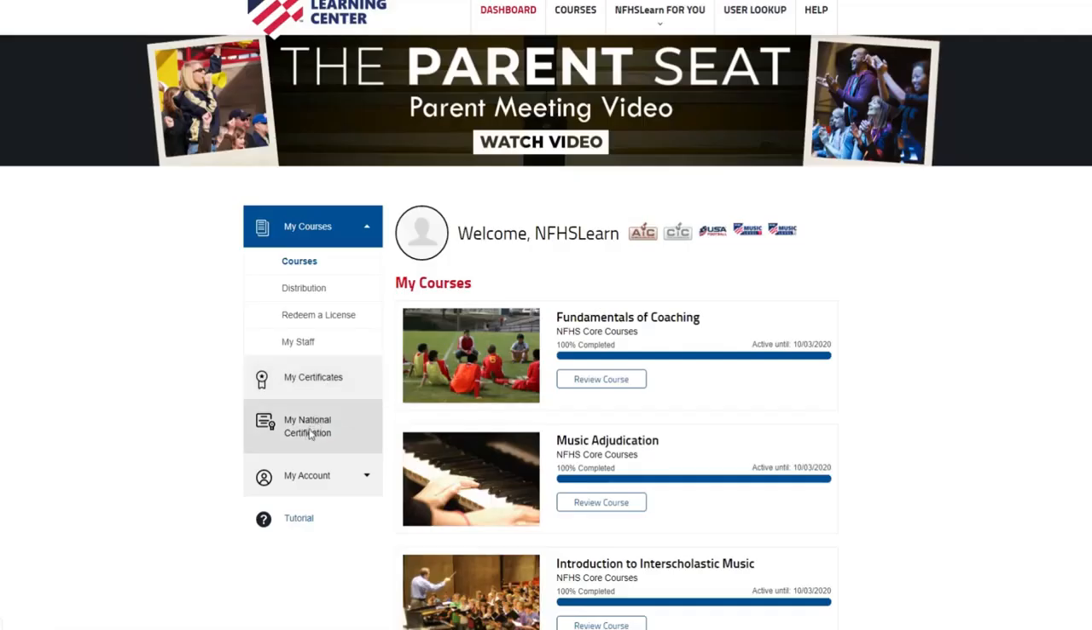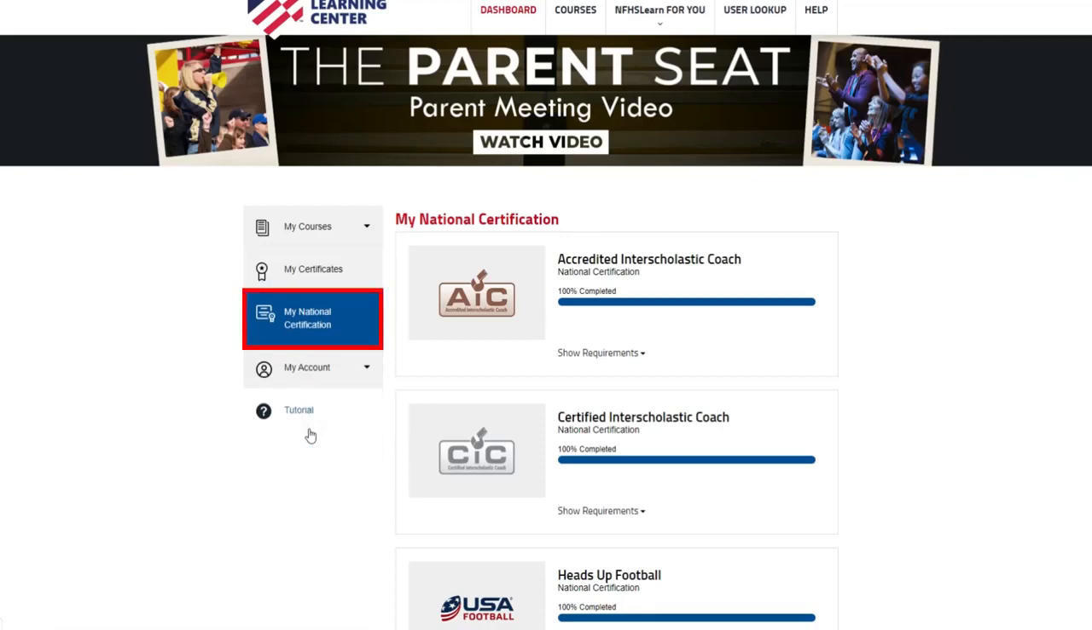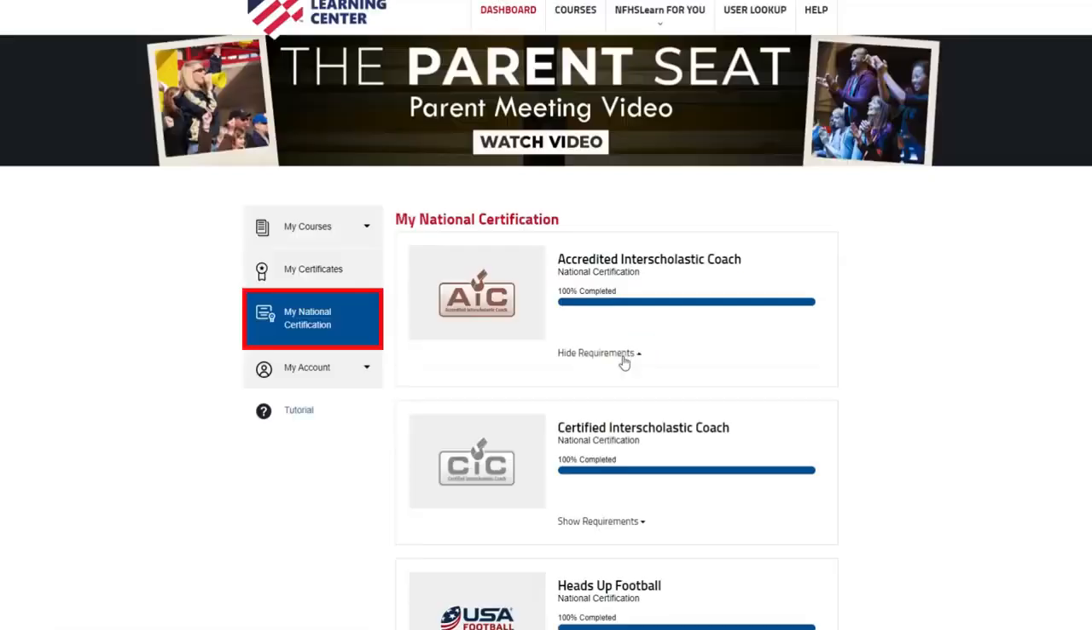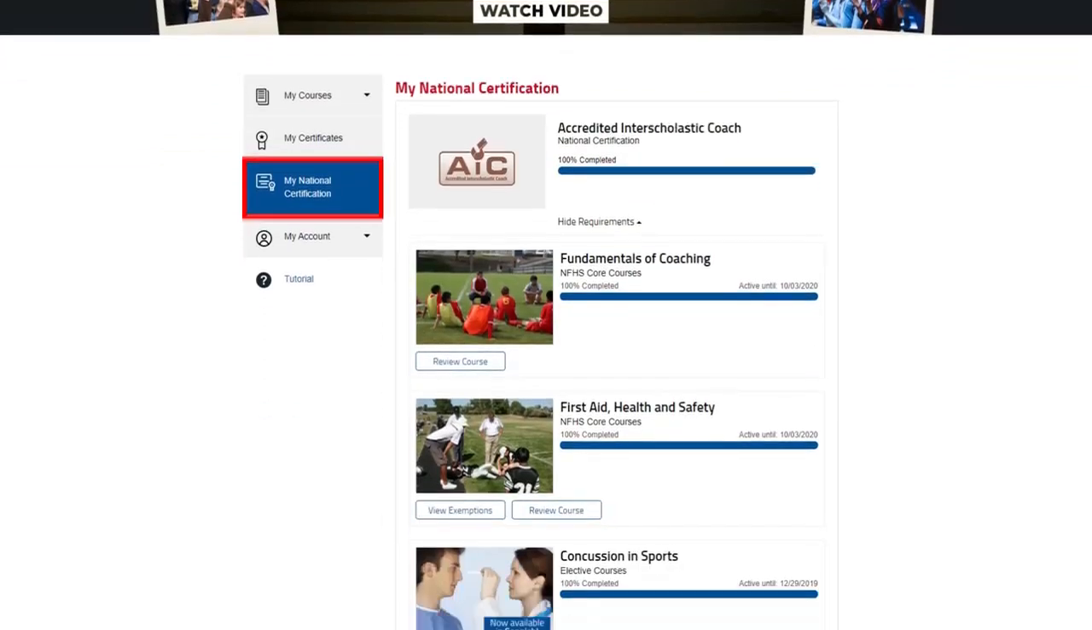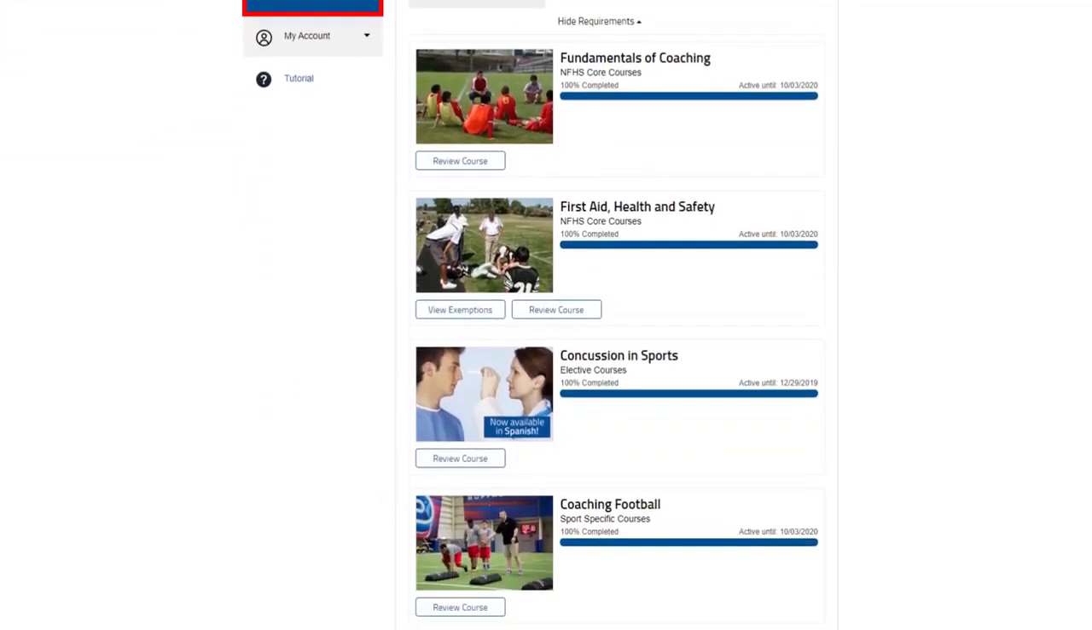The third tab on the dashboard menu is My National Certification. This is where you can follow your progress to being a nationally certified coach or performing arts professional. Clicking the Show Requirements button will show you which courses you've completed and which ones you still need to take